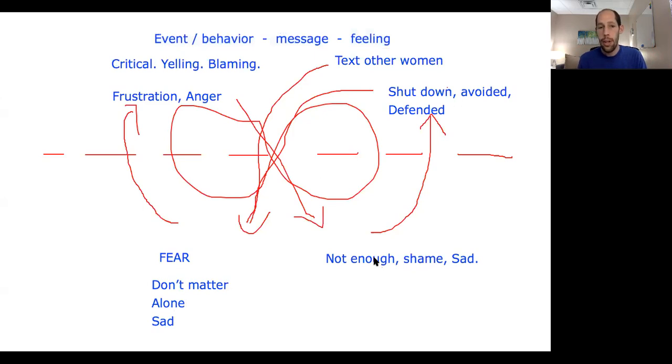So let's say she takes a risk and shares in a vulnerable way, and he just says, well, but honey, I already told you. Why are you scared? You don't have to be scared. I said that this person didn't mean anything, right? And there's a miss there. So then I would just interrupt that and explore what's going on for him right now. What's the feeling for him when he hears that from her? And then I explore in that way, and then have him share that back.